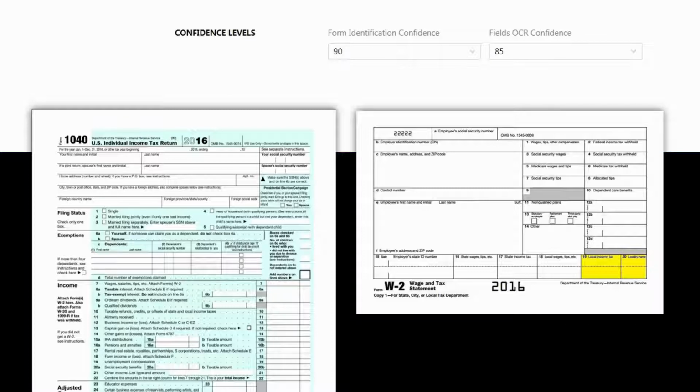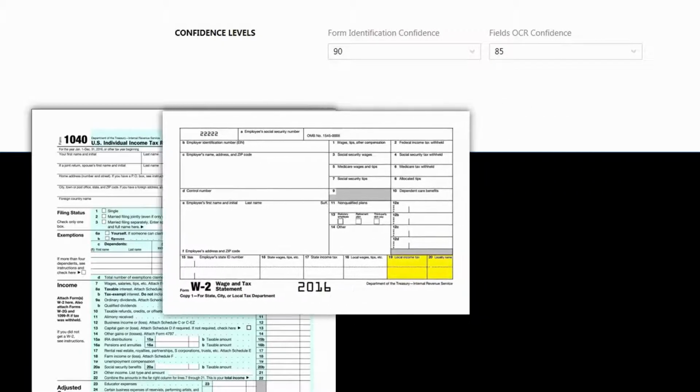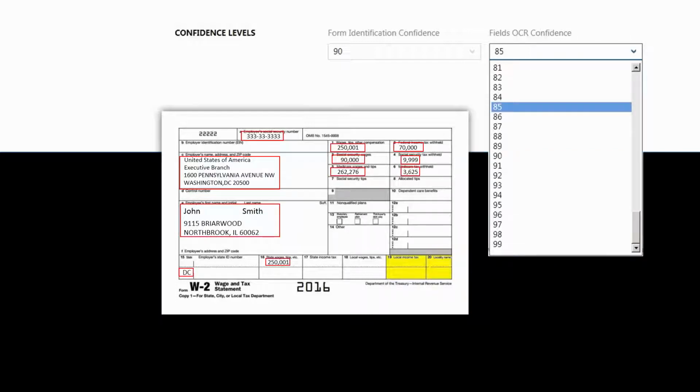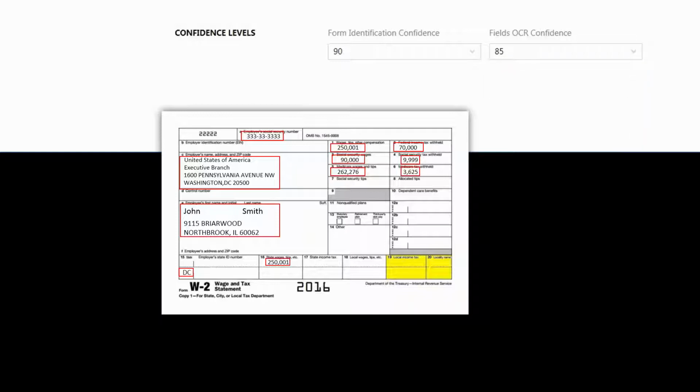Okay, the second area is the field confidence level. So the information that goes into the form and the characters that go in there, some of the document characters are crystal clear. Some have letters that are poorly copied or scanned that are fuzzy or are not easily identified. And so you're able to set a confidence level ahead of time, and then the software will be able to scrutinize that to make sure that it is correct. So to make sure that the information taken off the form is as accurate as possible